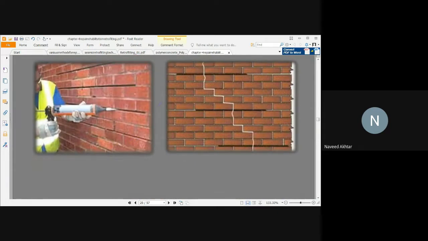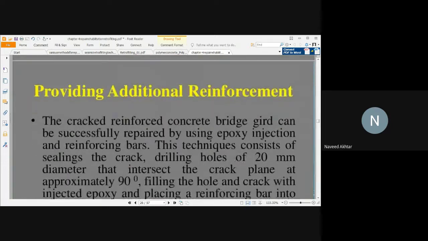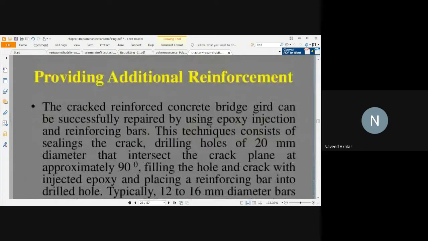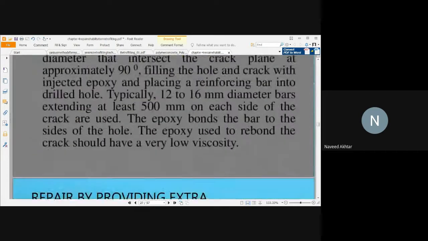Also, if the mortar is removed from the cracks, you can fill them with sealant. You can see here the black color. The sealant is inserted, and you can fill that. Maybe black, or many other colors, or silicone sealant are available. You can fill that and avoid further deterioration of your building and the cracks.